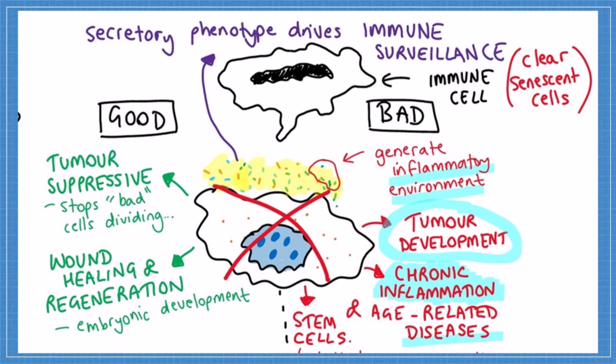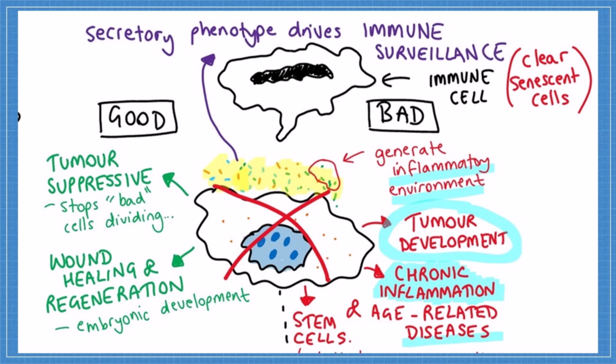I've tried to explain a couple of reasons why we think they're a good response for the cells to undergo, partly because they are tumor suppressive. It stops, in quotes, bad cells from dividing, but they've also now been shown in studies to be really important for wound healing and being able to activate the immune system, to activate stem cells, to come in and basically restore the previous tissue. The problem arises when these senescent cells aren't removed and they end up persisting in the